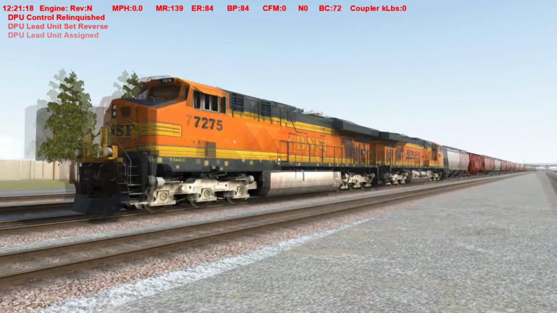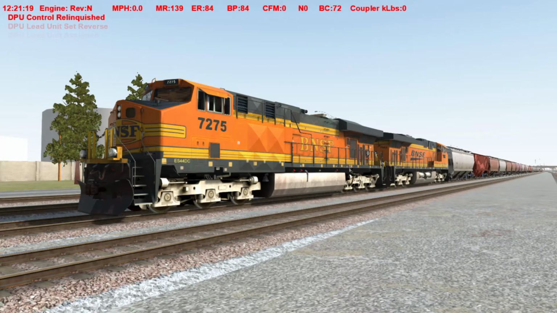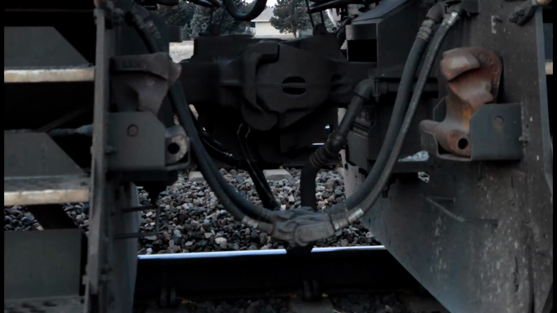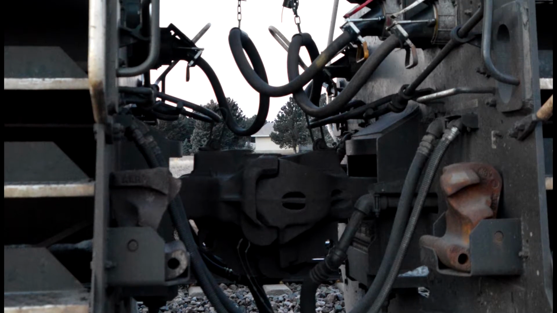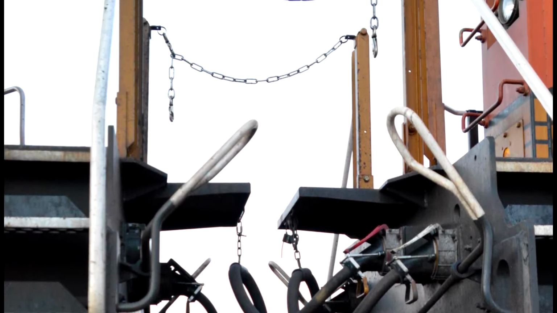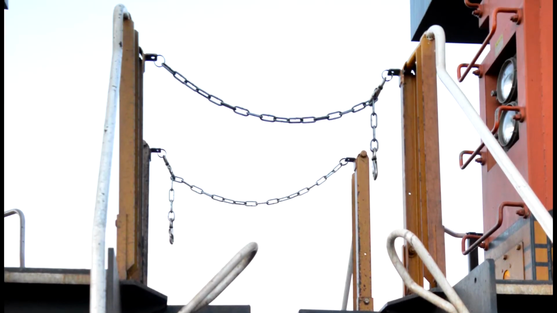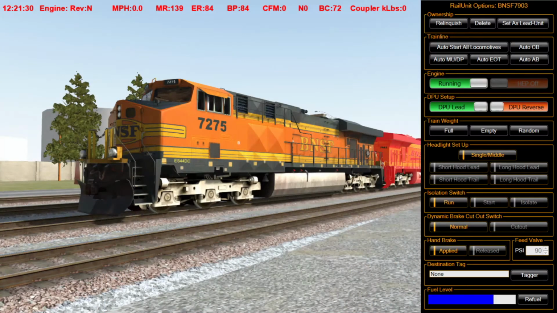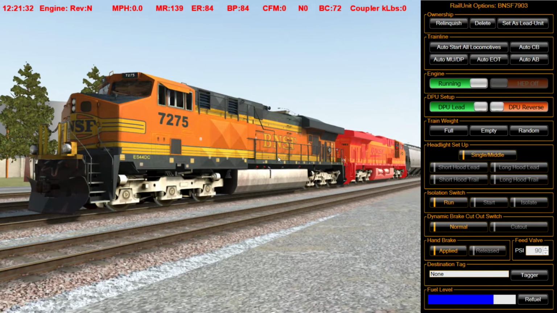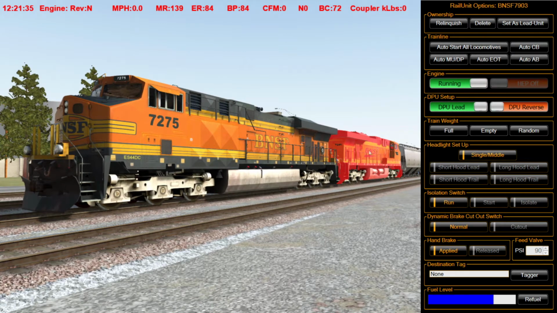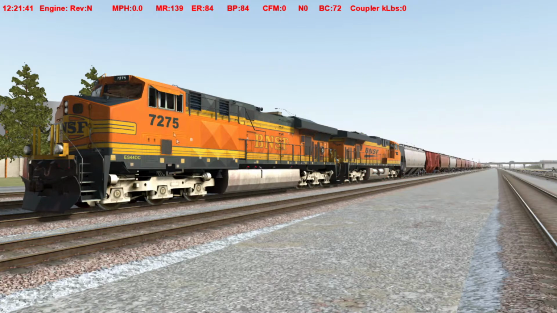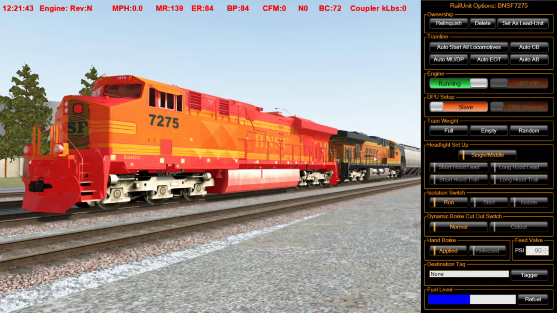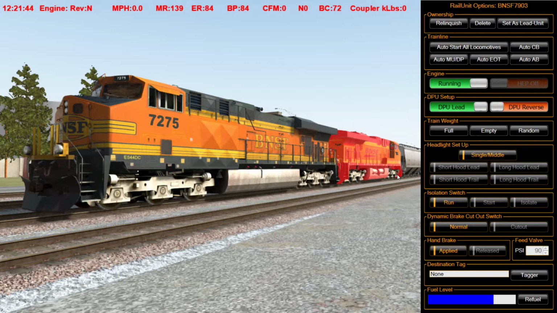Now normally this is an MU'd consist, right? So all 3 of the brake hoses, locomotive brake hoses, brake pipe, and the MU cable plus the chains are connected between these. And obviously you have one that's set up as a lead in terms of the air brakes. So like this one, because it's the DPU leader, independence lead, automatics, and freight. This one is trail cut out. But because they're MU'd,